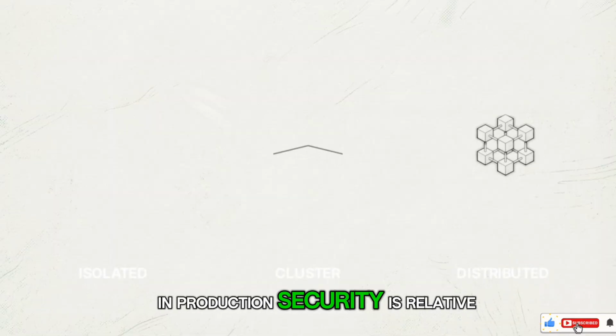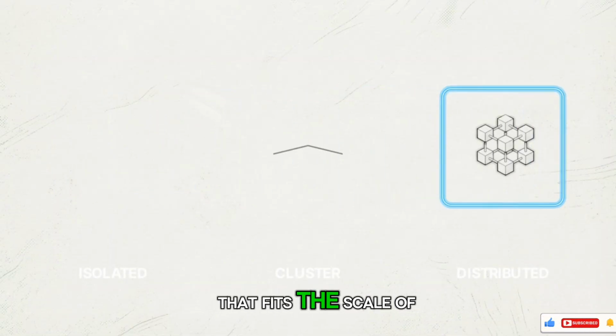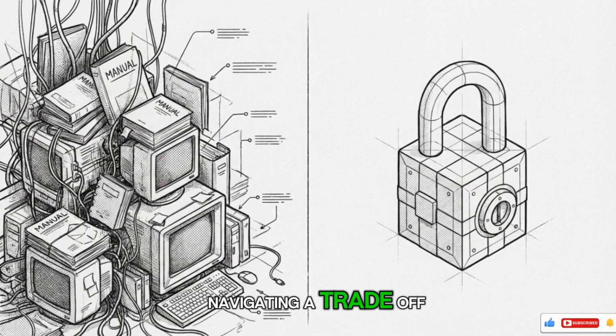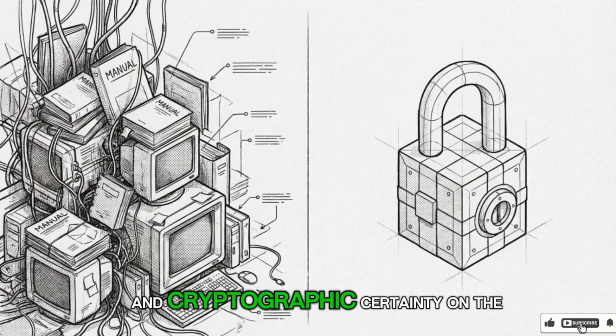When building these connections, engineers often start with the wrong question, searching for the single, most secure authentication method. In production, security is relative. The real goal is finding the specific method that fits the scale of your architecture. Every engineering team is actually navigating a trade-off between implementation and operational overhead on one side and cryptographic certainty on